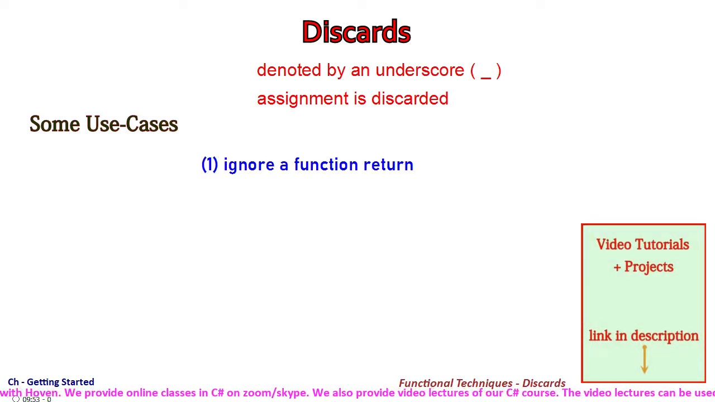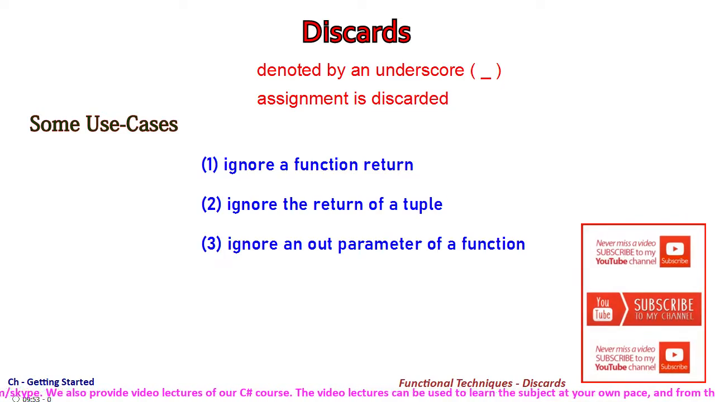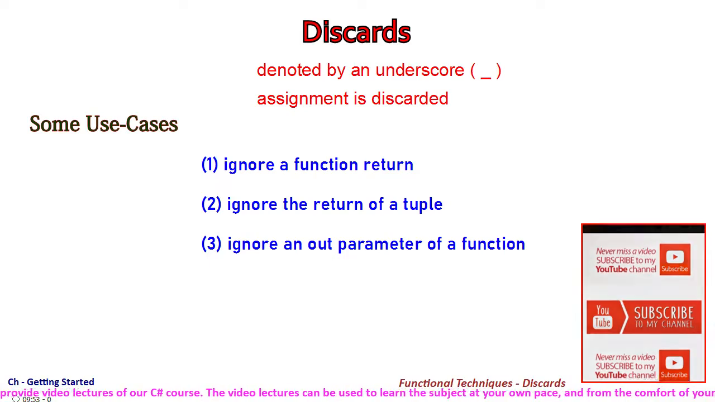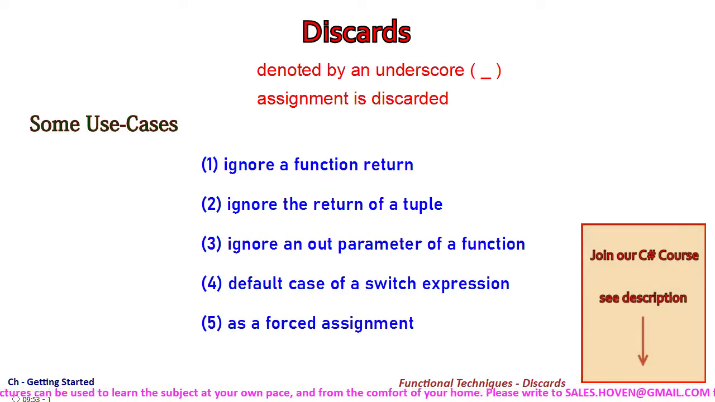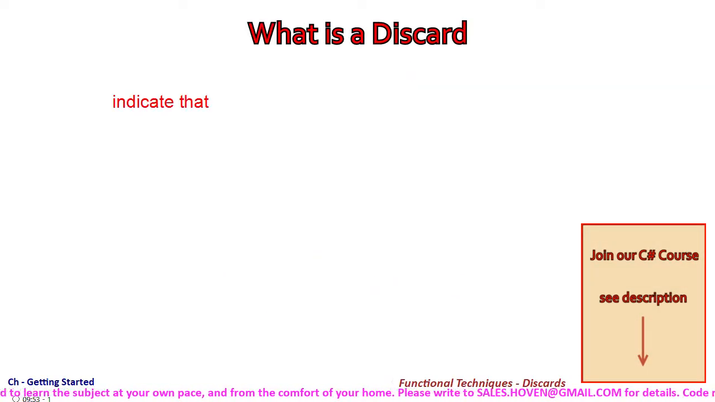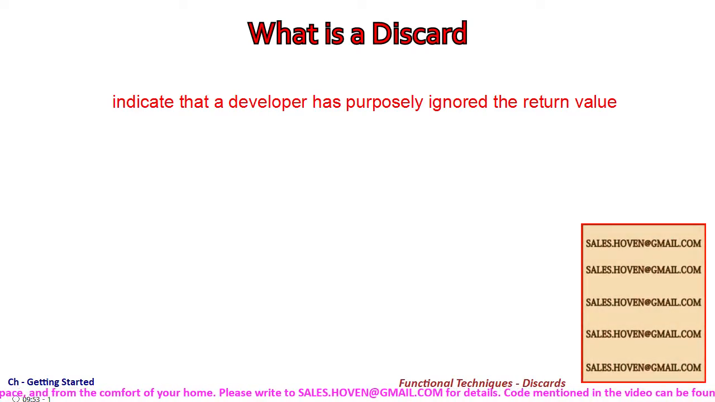We'll see how to use a discard to ignore a function return, ignore the return of a tuple, ignore an out parameter of a function, and use a discard in the default case of a switch expression and also as a forced assignment. So a discard can be used to indicate that a developer has purposely ignored the return